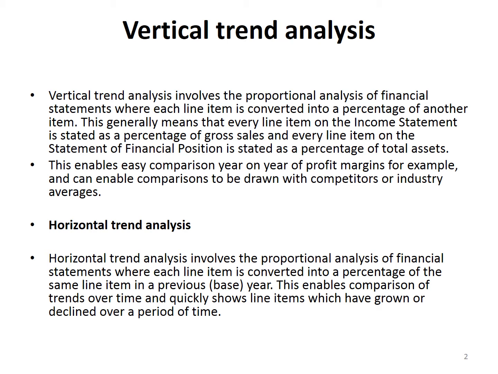So, once again, vertical trend analysis will do the analysis within the particular year. So, you take the top line and as the percentage of revenue or total assets, other line items will be depicted. But in horizontal trend analysis, year on year the growth or the decline will be evaluated. So what we will do, we will take some examples in the next slides, and we will analyze how vertical and horizontal trend analysis is performed for the income statement as well as for the statement of financial position.